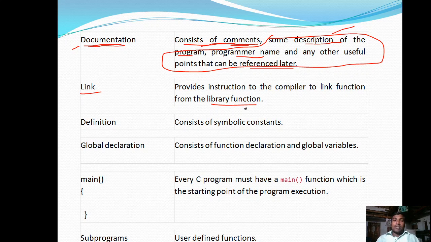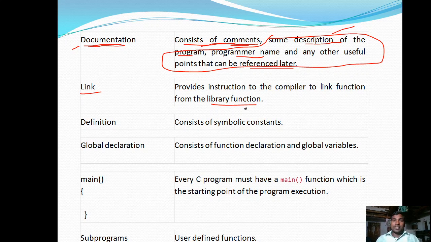If you are using a predefined function, then you must tell the compiler where the definition of that particular function is available. Such information is given in this link section.